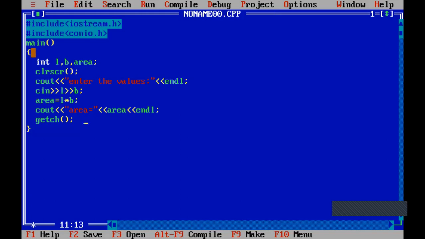And here I have taken something called int. Here int means an integer number. Now I am calculating the area of a rectangle, and to calculate the area of a rectangle I am taking only integer numbers, not decimal values. So for that I am taking int, which is abbreviated from integer.